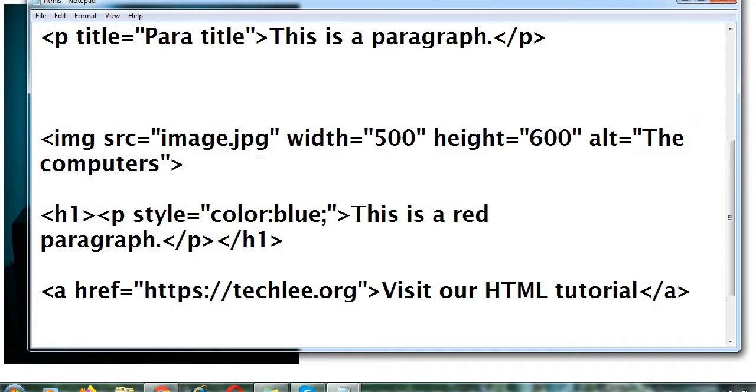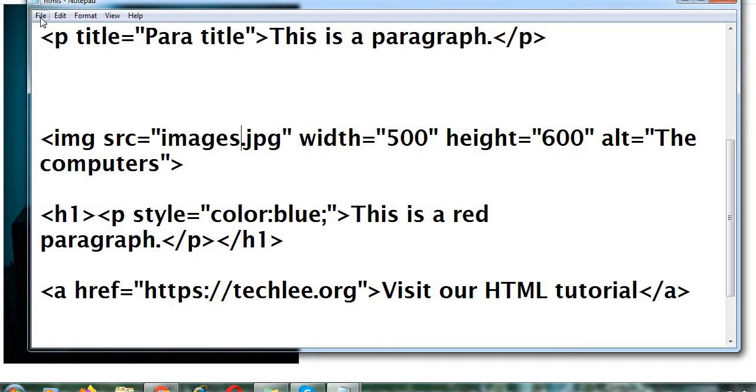If we give the image name wrong, that will stop the web page from showing the image. Let's see. Now that image is gone, but still you can see the text computers is showing. That is the alt text.